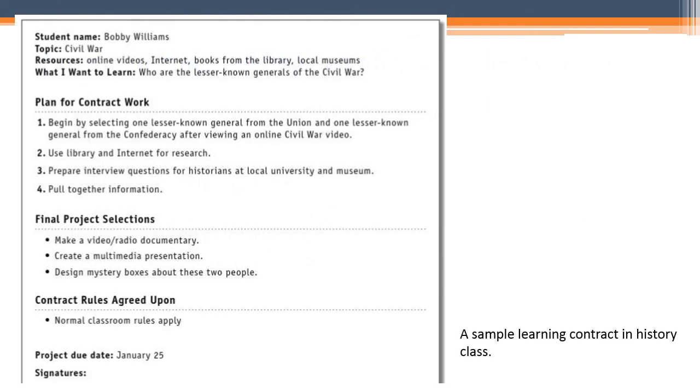Okay, so this is an example of a learning contract in the history class. So my name, my topic, ayan, nakalagay dito yung resources, ano yung objective niya. Okay, so ito yung plan for the contract work, ano yung gagawin, ano yung set of activities na gagawin. Tapos, nakita nyo dito,